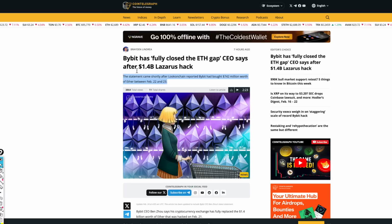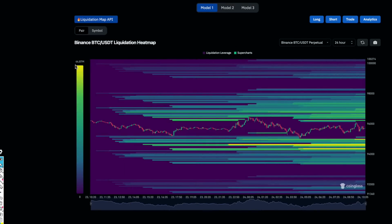The market should come back to normal as per this news item. So what is the range of the Bitcoin price that we can expect in the coming 24 to 48 hours? This is the liquidation heat map. This is the leverage players with their stop losses at the tops and the bottoms. And this provides a very good, accurate picture of exactly where Bitcoin is heading in order to take out those